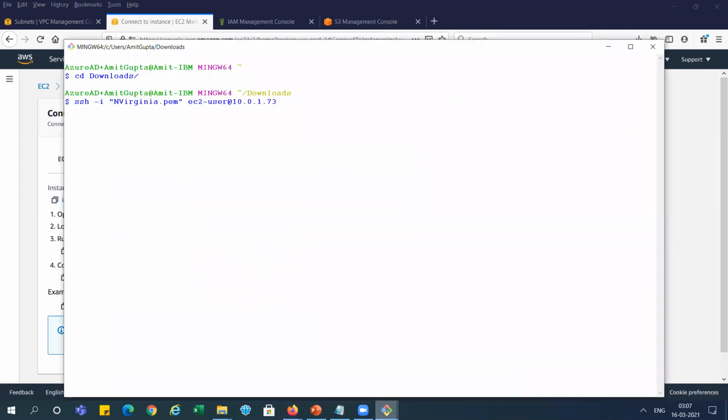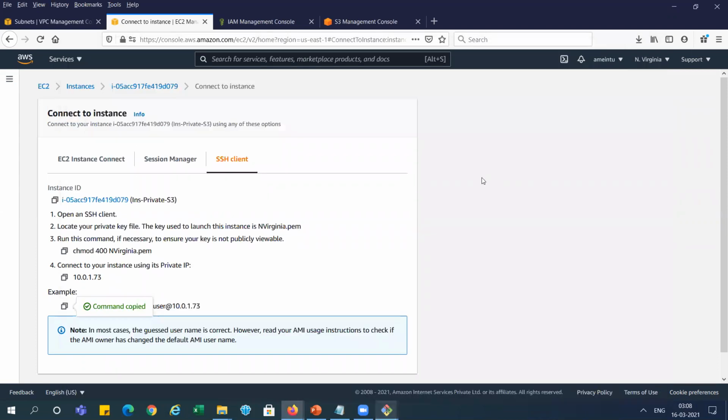Because this is not the right way of connecting to the instance. So you can see here we're not able to connect to the private instance, but we want to connect with the private instance. So we will follow some process for connecting to it. We will go with the first public side, and we will connect with that one. You can see it is a timeout, not able to connect to the host, right? So we cannot connect directly because this is in the private subnet, right?